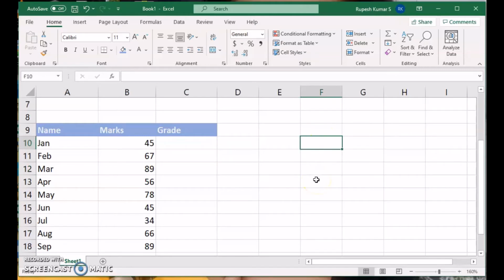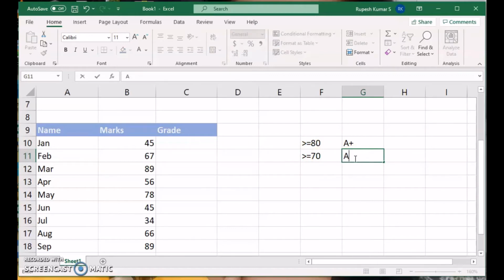If a student is getting greater than or equal to 80 marks, I would like to give them A plus grade. If it is greater than or equal to 70, it means it is less than 80, but 70 or above, so between 70 and 80, I want to give them A grade.